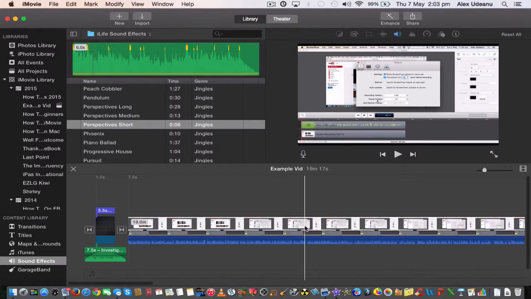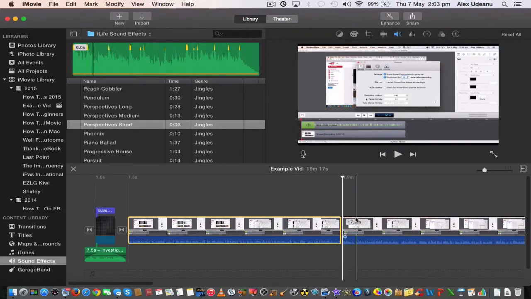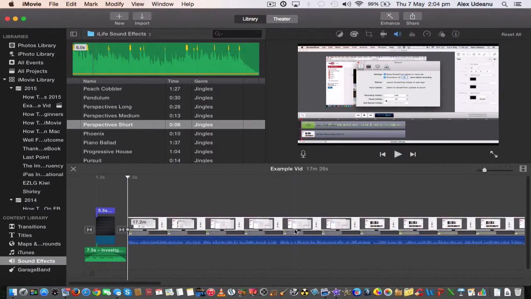What you have to do, just select the clip and go to the part that you want to get rid of, and just before, hit a right click on your trackpad with two fingers, then hit split clip, and see, now we have a gap. Now if you want to get rid of the whole section, either this one or this one, you just select it and hit delete. Like if I want to get rid of the whole thing, just delete it, but I don't want that, so I'll hit Command Z,